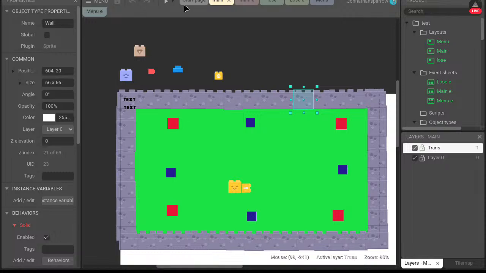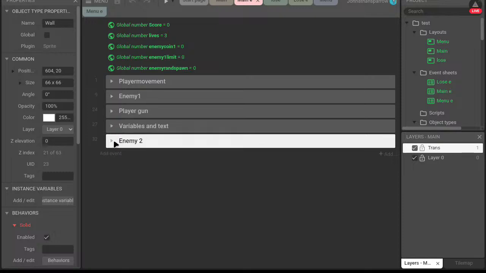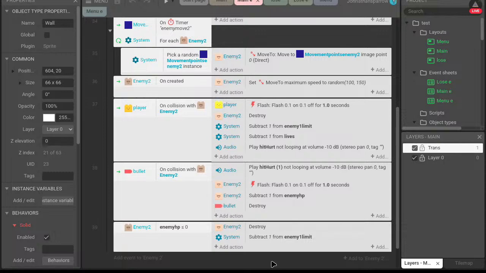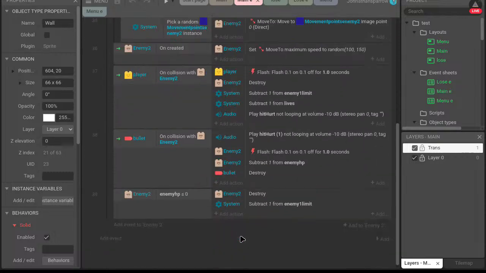Again, I don't know what kind of power-ups I should add. Should I add bouncing bullets? Bullets that will ricochet. Because that would be kind of cool.